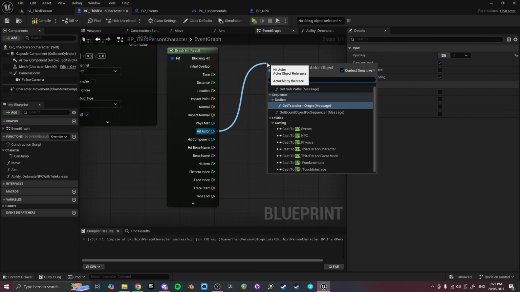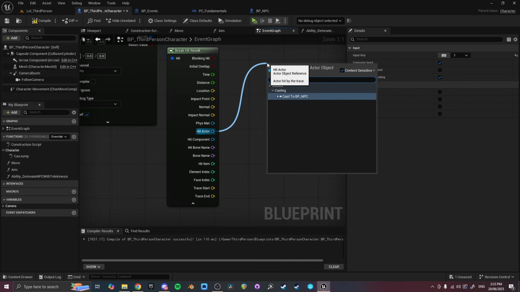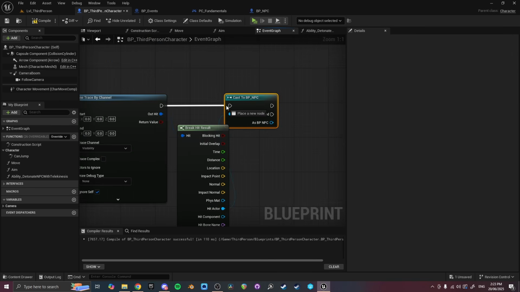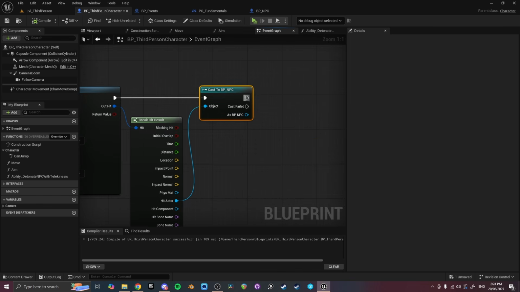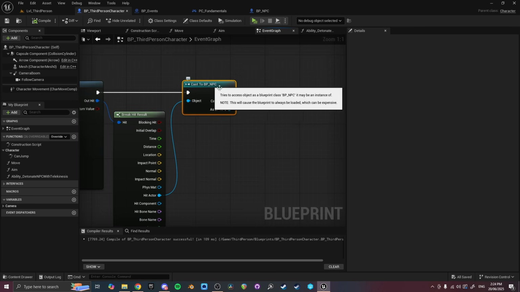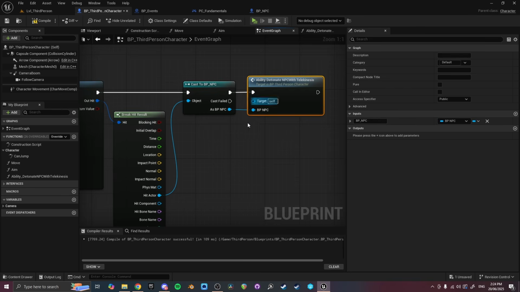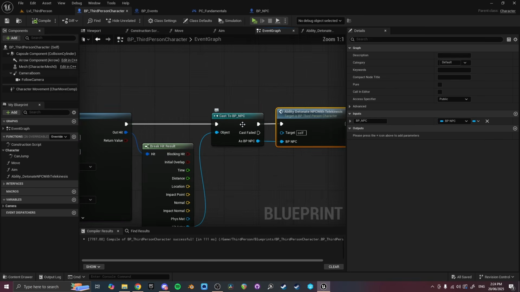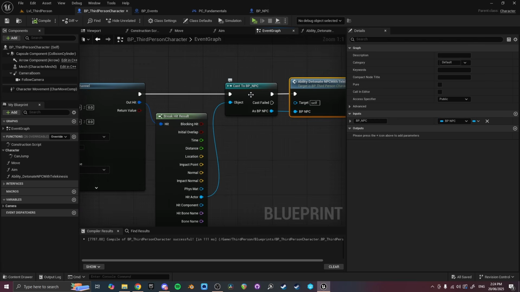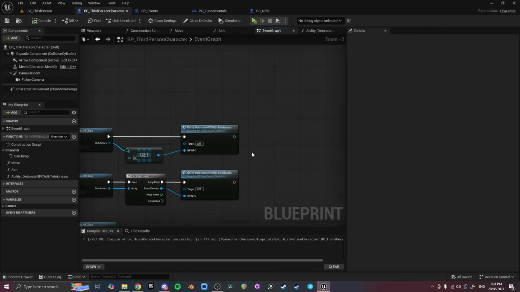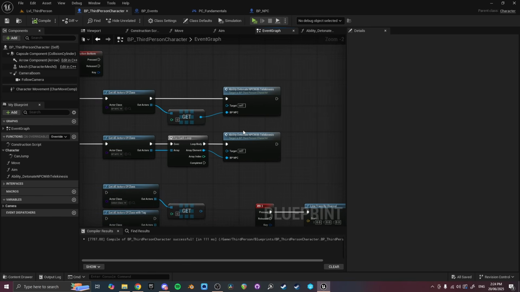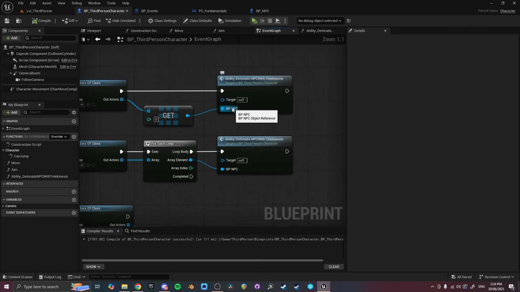discriminatory for BP NPCs is you would say cast to BP NPC, because you only want it to work for BP NPCs. That's the way that the cast node works: you're having an input of what could potentially be any actor in your entire project, and you're saying we only want this to work for blueprint NPCs and everything else is just going to fail. So then what you could do is say detonate with telekinesis, okay? But this typically is bad game design, because now you've created a dependency where what would otherwise be an ability that could be applied to anything, you've reduced it to just being applied to blueprint NPCs, which is sort of